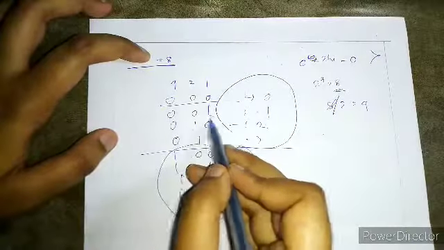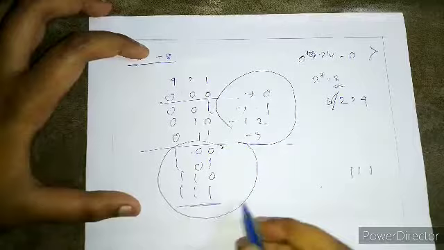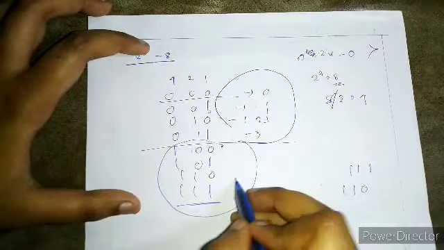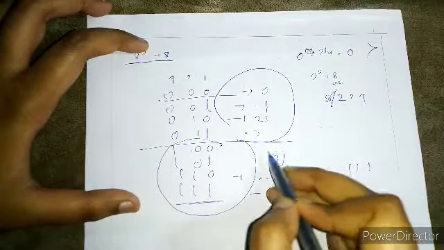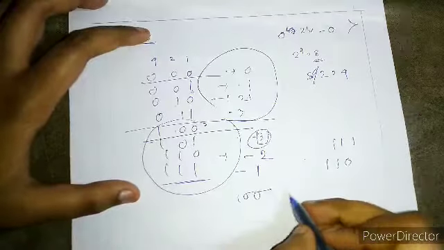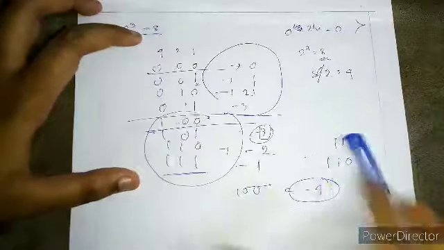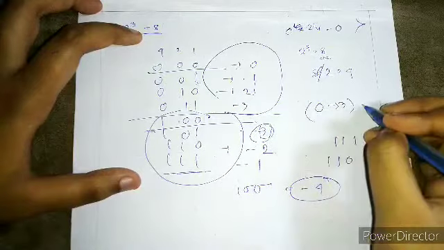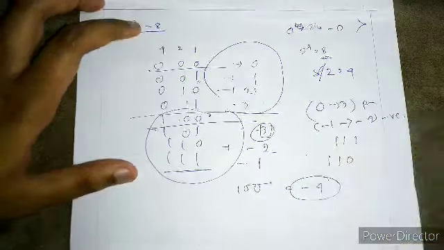So what is the 2's complement of this number? 1, 1, 1. This is minus 1. For 2, this is 1, 1, 0, which is minus 2. And for 3, this one is minus 3, right? So what does 100 signify? This signifies minus 4. By using 2's complement within a specific range, we are producing 0 to 3 as positive numbers and minus 1 to minus 4 as negative numbers.